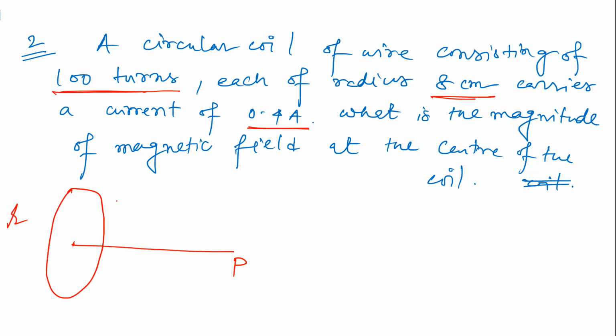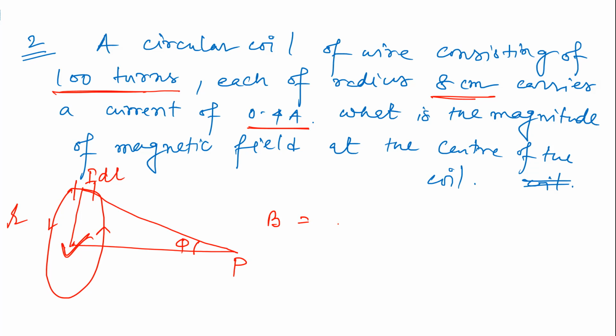What we had done is, if the current I was passing through that circular loop, that small portion is IDL. This is the current element. For the current element, we found the magnetic field at this point. I hope everyone remembers the diagram where there was an angle equal to phi, and for that case the magnetic field